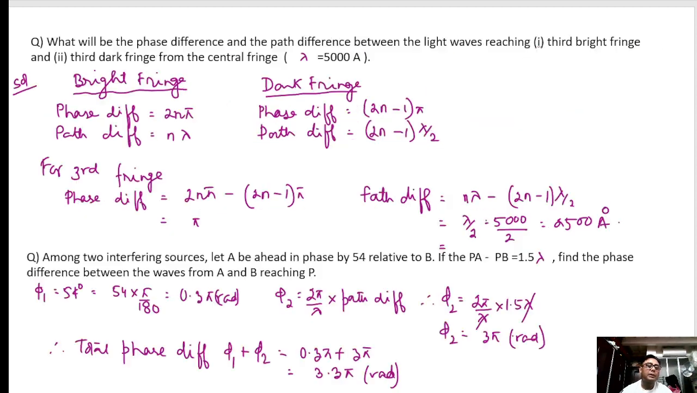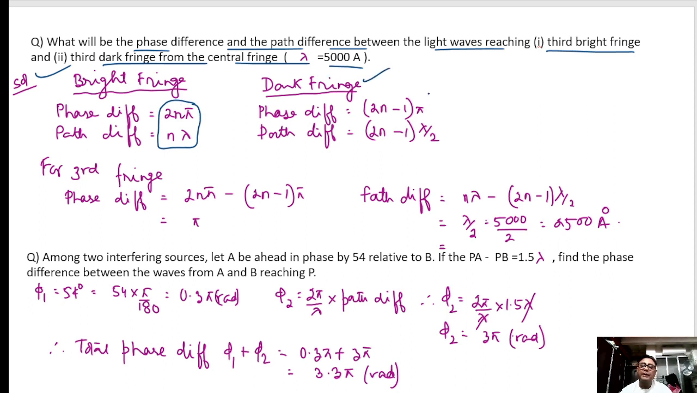Next is, let us see what will be the phase difference and the path difference between the light waves, third bright fringe and third dark fringe from the central fringe. For a bright fringe, we know the phase difference and the path difference is this. For a dark fringe, the phase difference and the path difference is this. So for the third fringe, the phase difference and the path difference will be this,